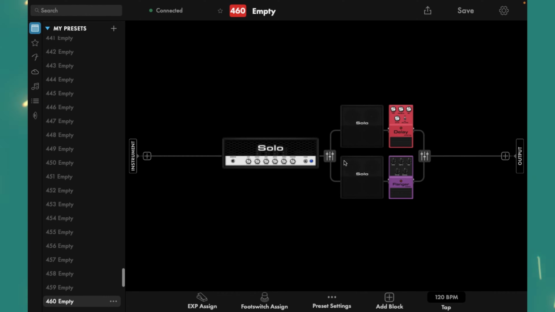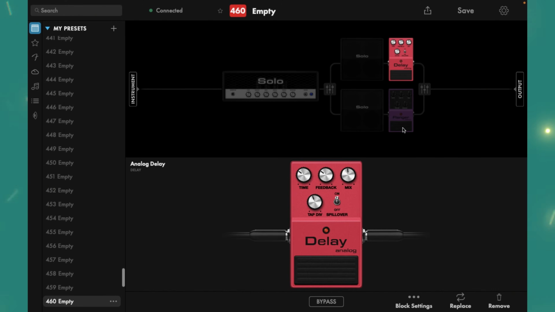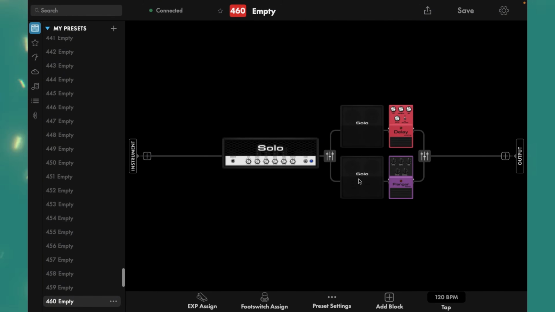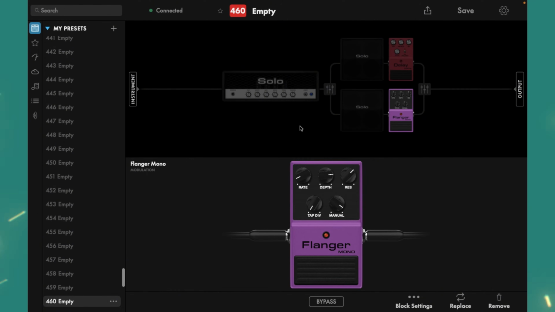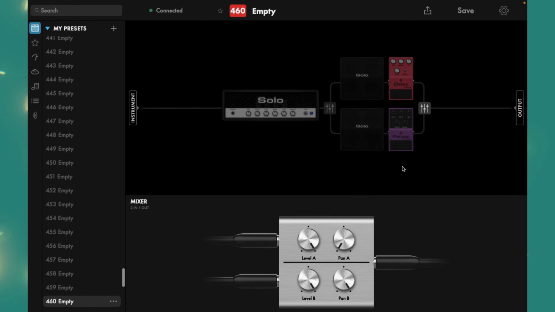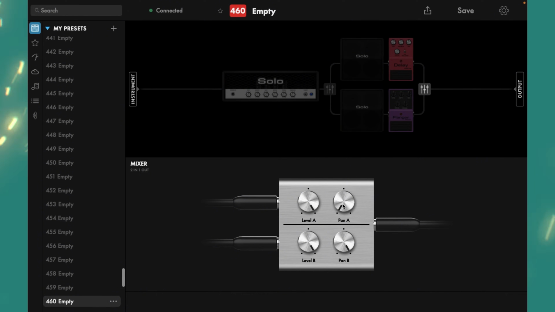the chain here. I have the amp before, the solo amp, and then I have a solo cabinet and an analog delay effect. And then on the bottom I have a solo cab and a flanger effect. Now in the mixer, I have the first panned hard left and the bottom panned hard right, and both levels